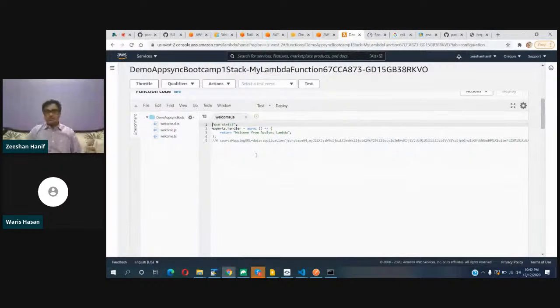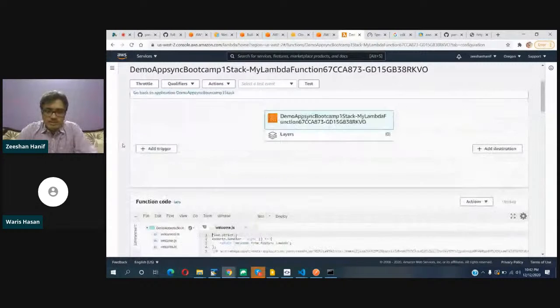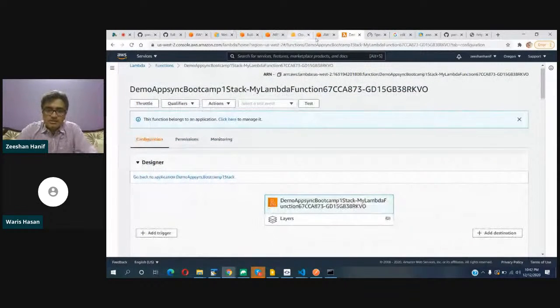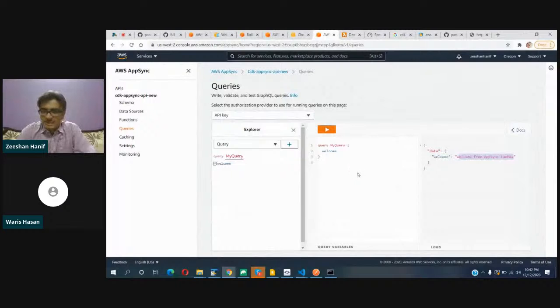I have cut through all the complexities and just created a simple function. Now I'll add a few things so that you can understand how things are going to work. But the interesting part is you can have this function, this GraphQL working directly, and you can call the